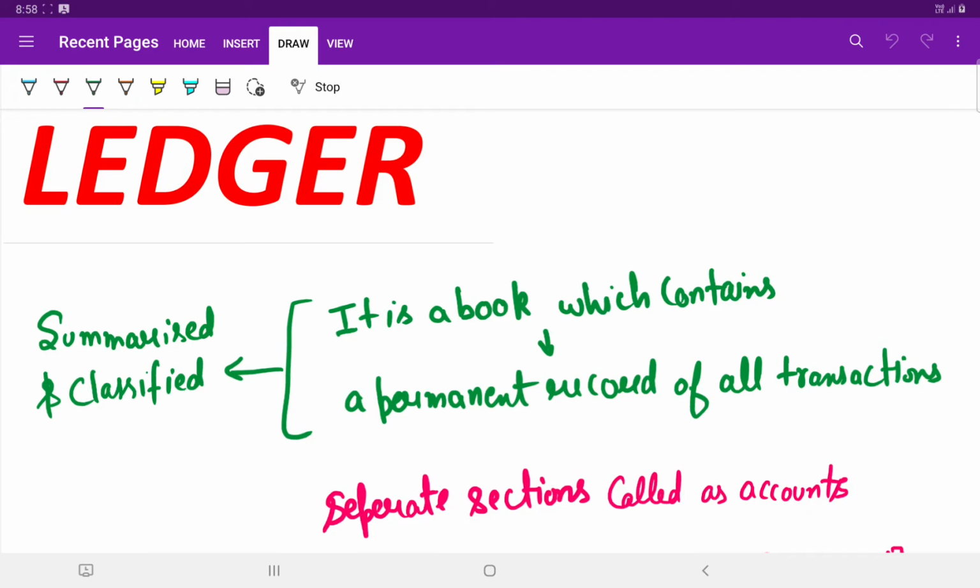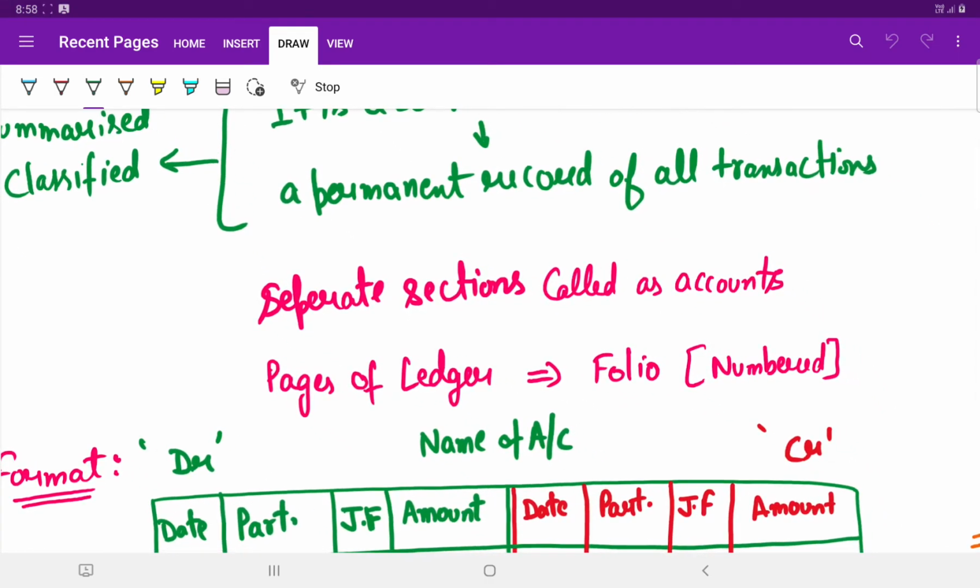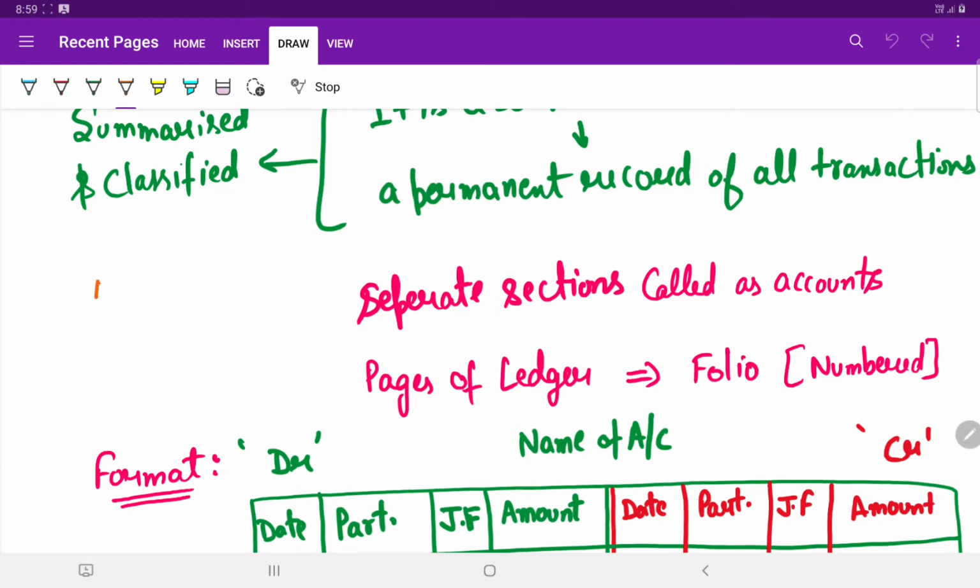A ledger is basically divided into sections, and each occupies a page or two or even more. The separate sections are known as the accounts. The pages of ledgers are known as the folios, and they are numbered also. Without numbering they will not be considered in that particular account. It is easy to find any account in the ledger by going through the alphabetical index provided on the front page. Students, remember that an index is always provided on the front page of the ledger, so it helps in easily locating the various accounts in a ledger.